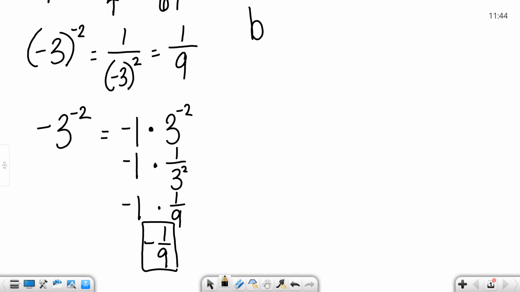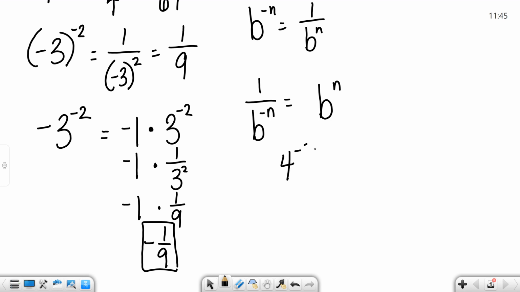Now, I gave you this rule that said, okay, that means we can put it in the denominator and the exponent becomes positive. But what if it's already in the denominator with a negative exponent? Well, if that's the case, it gets moved to the numerator, right? And so it becomes b to the n. So if we practice that with just some numbers,